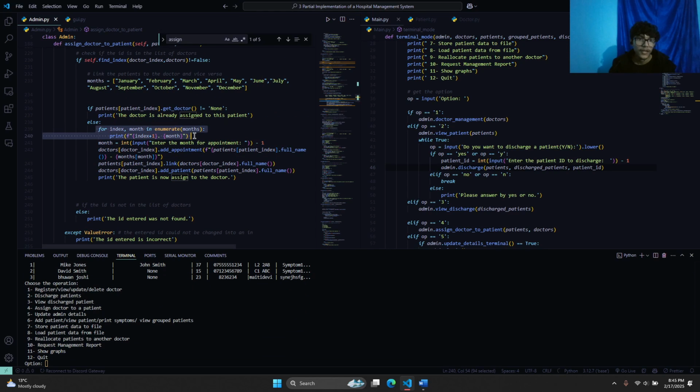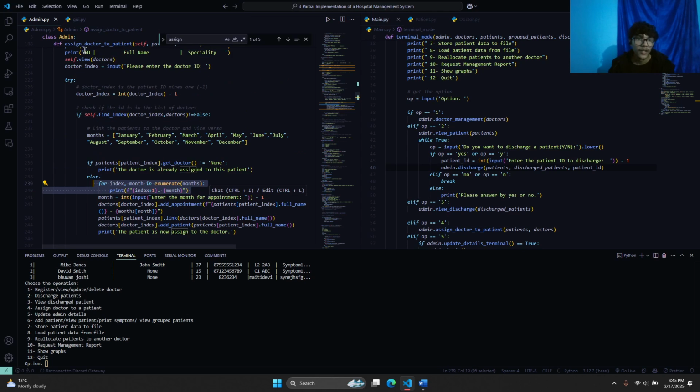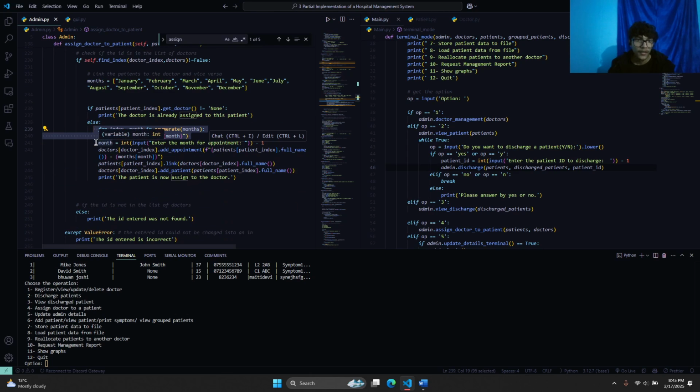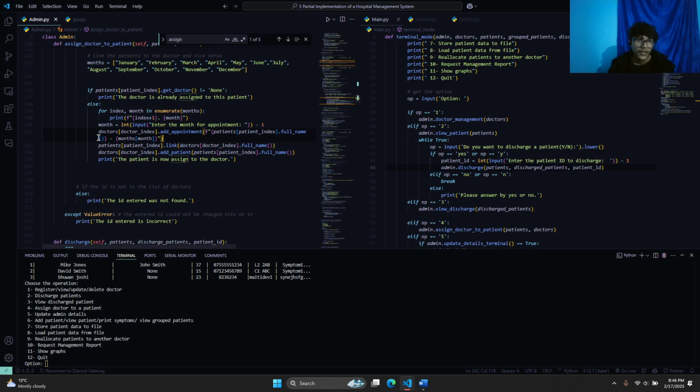So what's happening here? It is just printing the months, with the ID. As you know, we have this same function in view here, and the month we are selecting is also an integer, so we are subtracting one. And here in doctor's index, if we have selected the first index, it will go with the